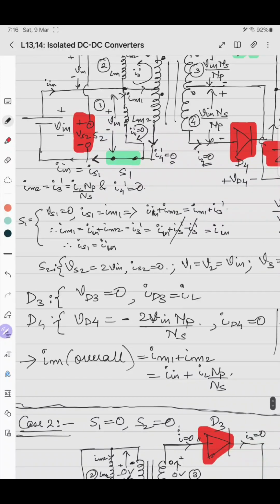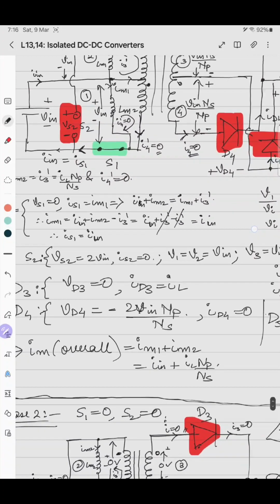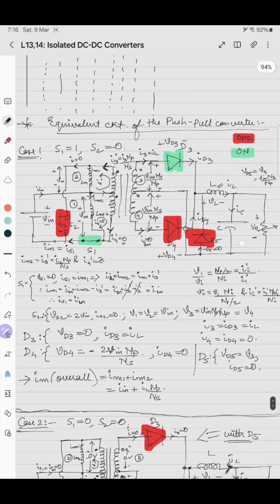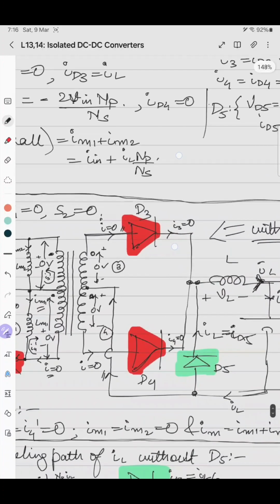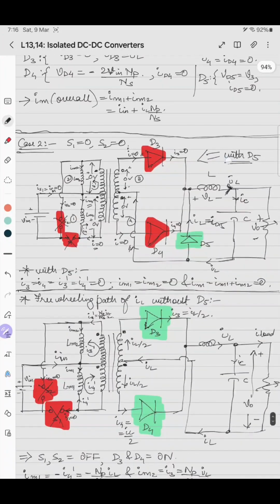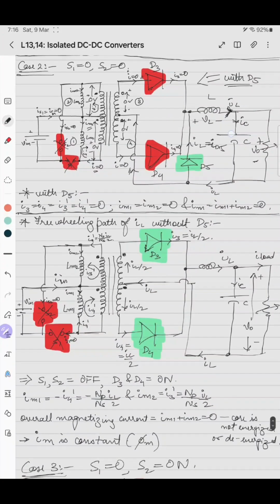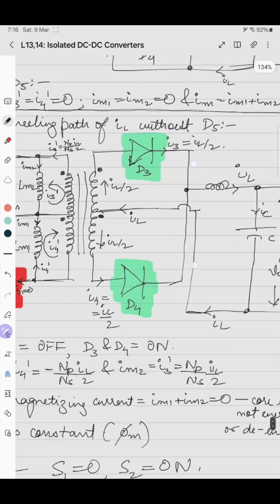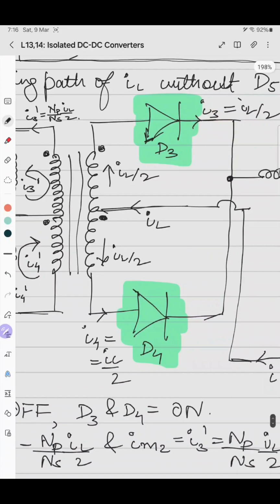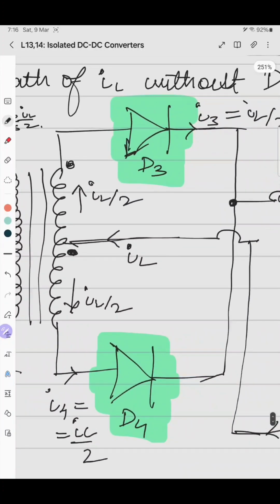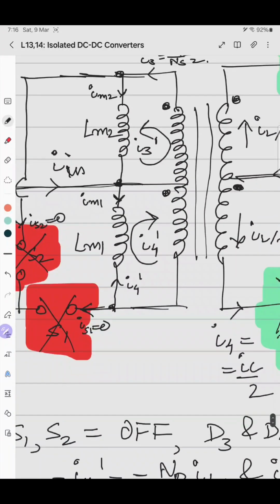Similarly, we can see the currents and voltages across the different devices. Here the red is off and the green means it is on. Similarly for case 2, when both the switches are off, there are two conditions. One is without the use of D5, one is with the use of D5. Without the use of D5, the inductor current freewheels through both these diodes, D3 and D4. So these two diodes are forcefully turned on. So I3 is IL by 2, I4 is IL by 2, and thus I3 dash is NP by